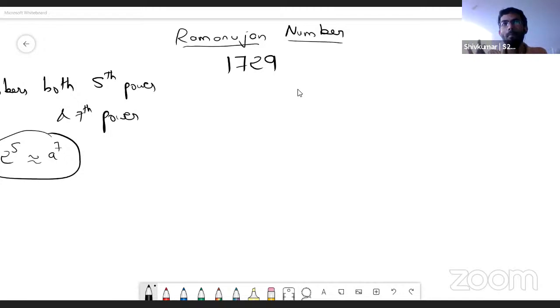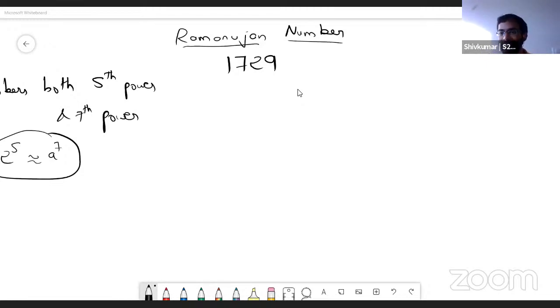These both were number theorists, and whatever number they see, they tend to dissect it and look at its properties. So 1729 was one such number, and Hardy mentions that this is a very insignificant number. But Ramanujan immediately says, no, this is a very special number. So what is the specialty of this number?